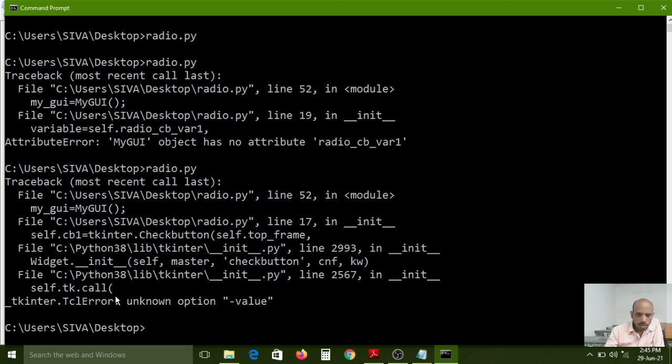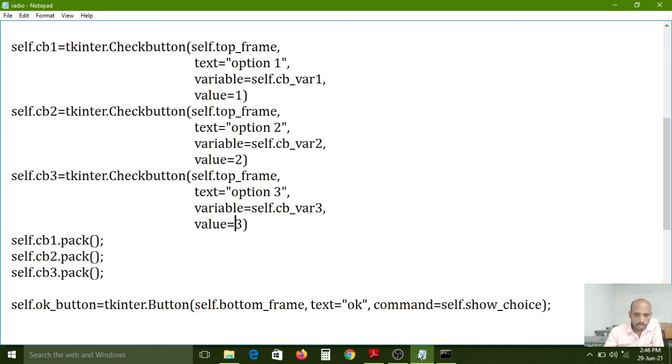Self.top_frame in init, widget init check button, unknown option minus value.